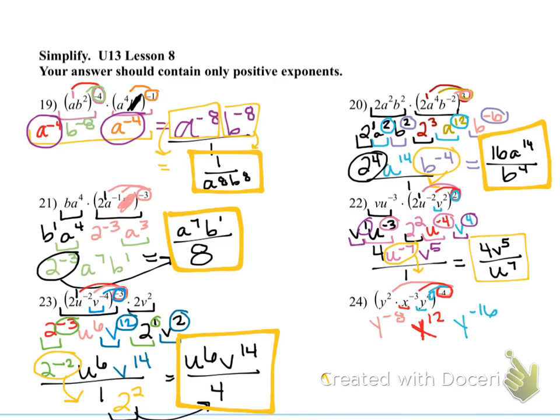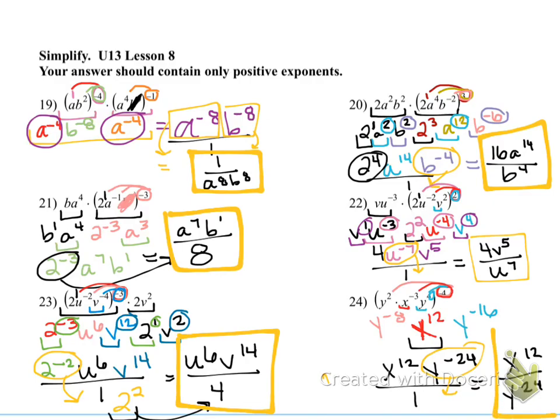We're going to take our bases and combine them if they're the same. So we can see we only have one x, so I'm going to just keep that x to the 12th there. And then our last step here is to combine my y's. So I've got a negative 8 and a negative 16. So if we add those together, that would get us y to the negative 24. But as I've said, we don't want negative exponents in our answers. This is over 1. So we're going to take that y to the negative 24 and bring it down to the denominator. So I've got x to the 12th on the top and y to the 24th on the bottom